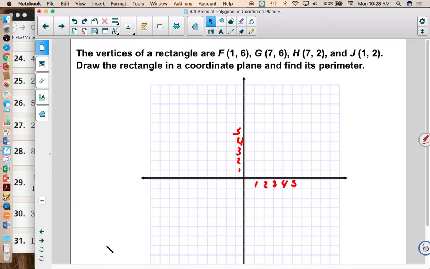I'm not going to number the whole thing because I'm not going down into the negative, so I'm going to stop with just that. And I'm going to go in and place my points. I've got